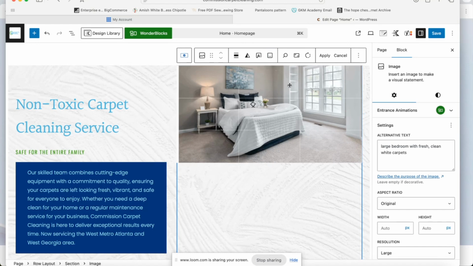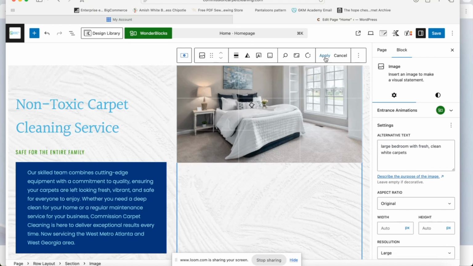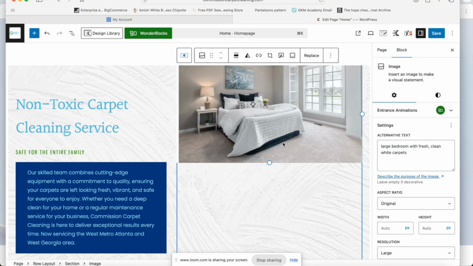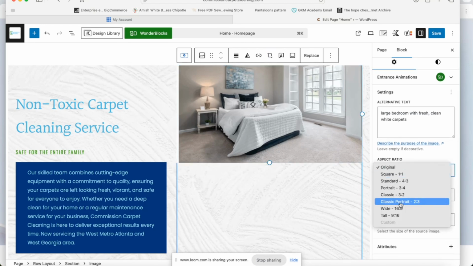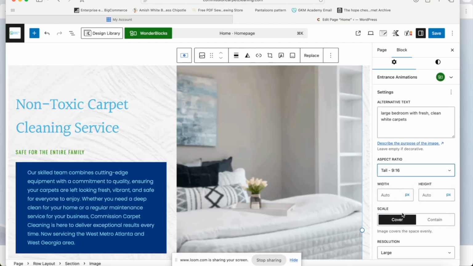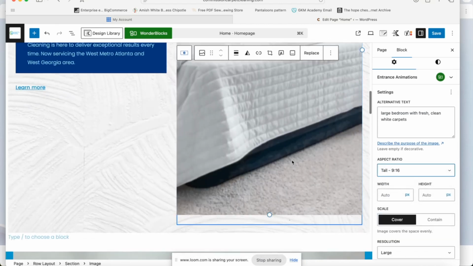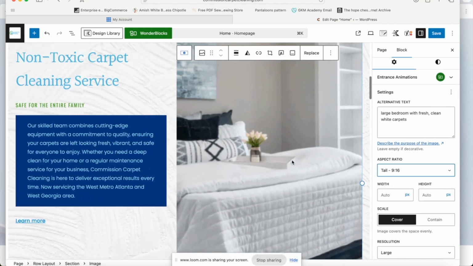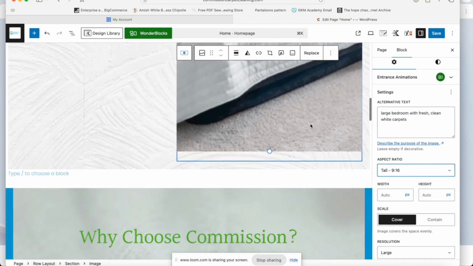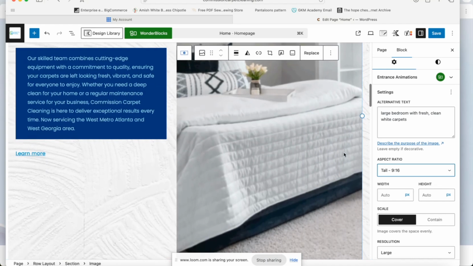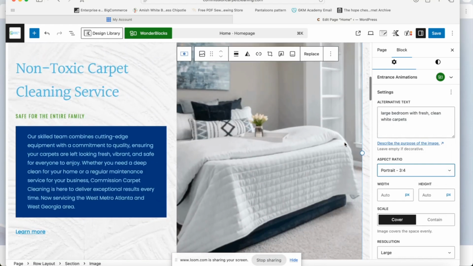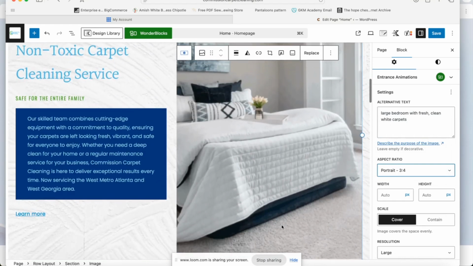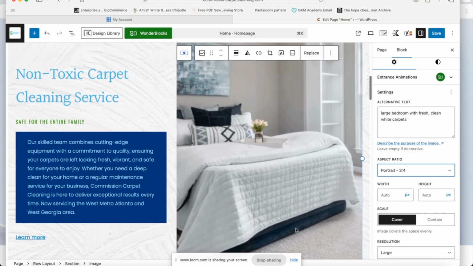And I actually don't like even the proportions of this. So before I crop that, I'm going to go over here and I'm going to make the aspect ratio a tall. Now that's too big, it got blurry, and we don't necessarily want to see the bed, we want to see the clean carpets. So let's go down to the portrait. It's still a little bit blurry, but we see more of that carpet,